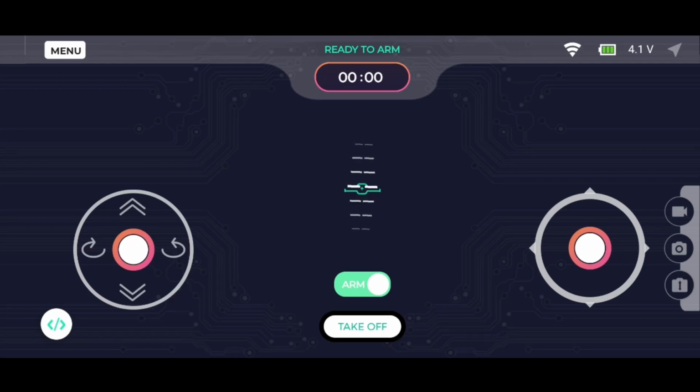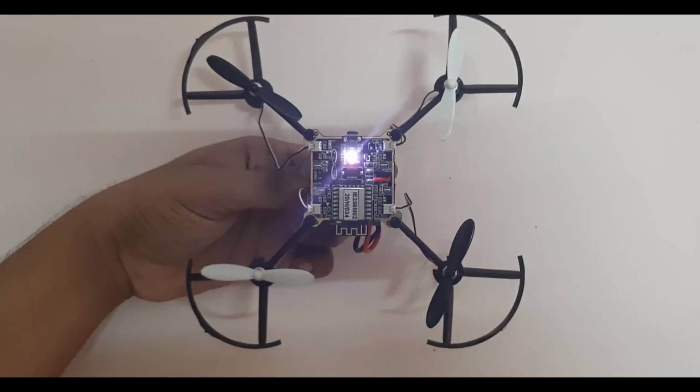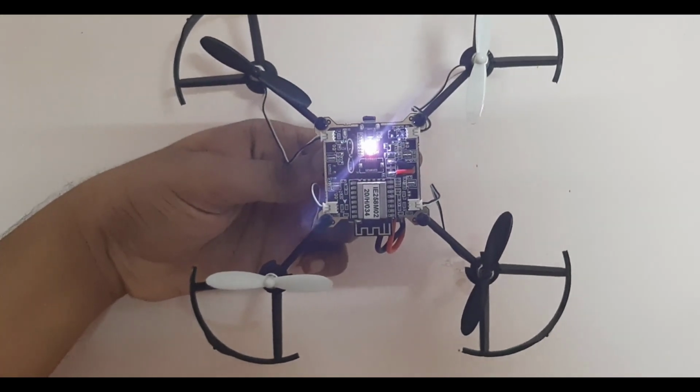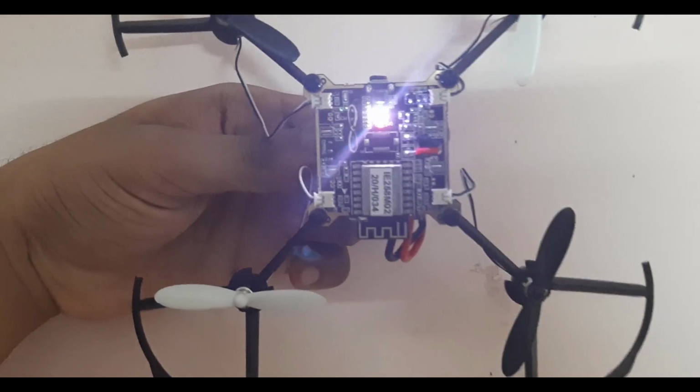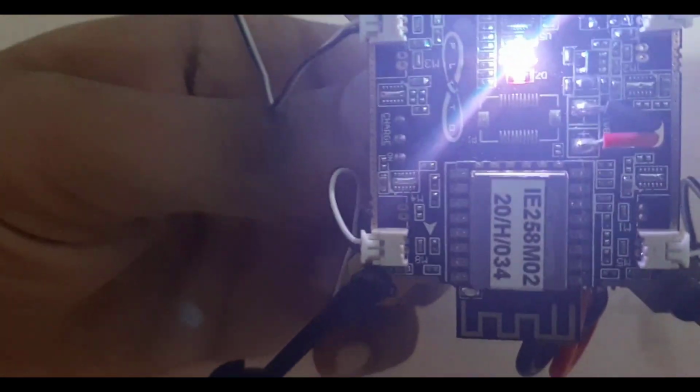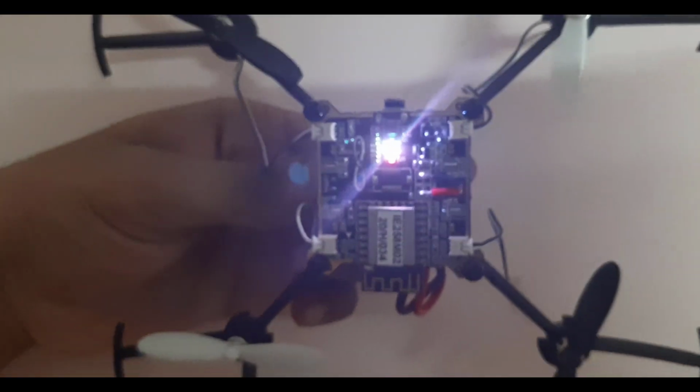So before working on the code, please know these instructions. On the drone, you can see all three LEDs are glowing: red, green, and blue. With this, it can be concluded that the code has been executed properly.